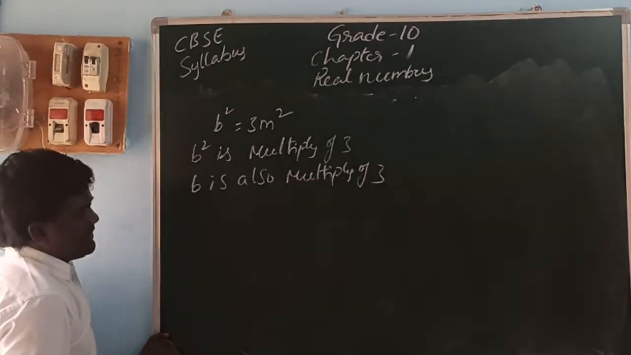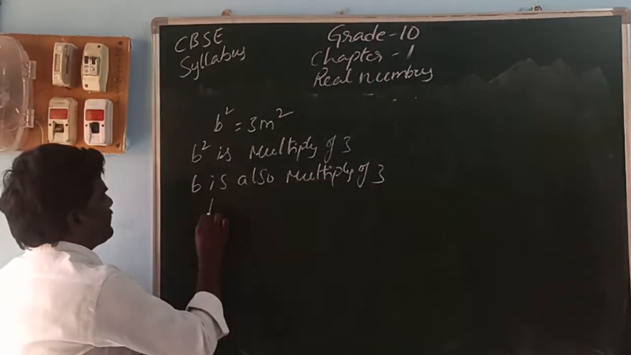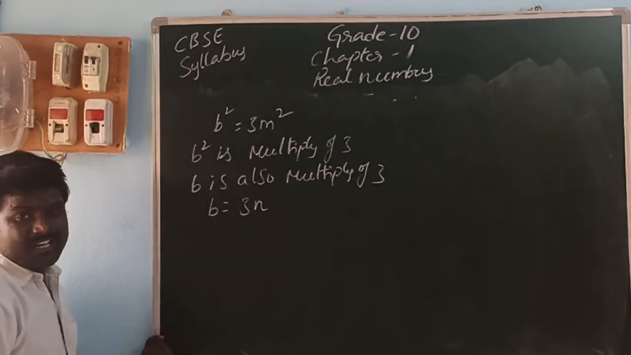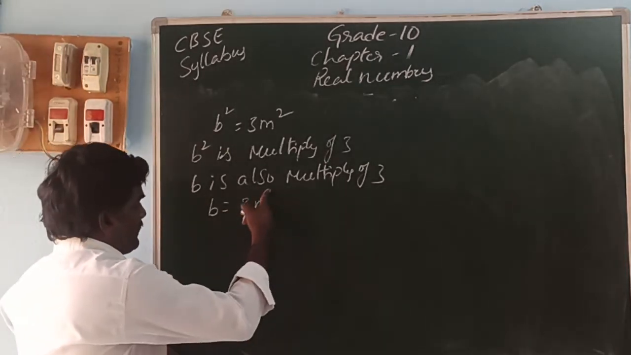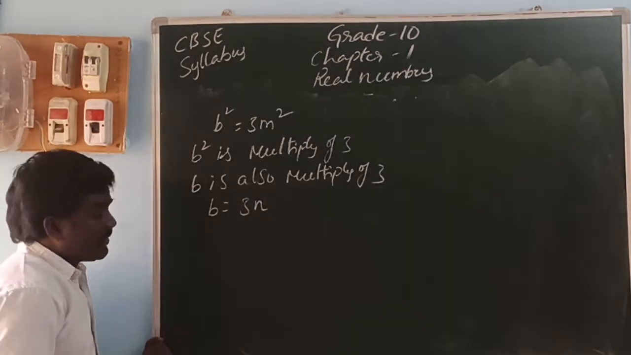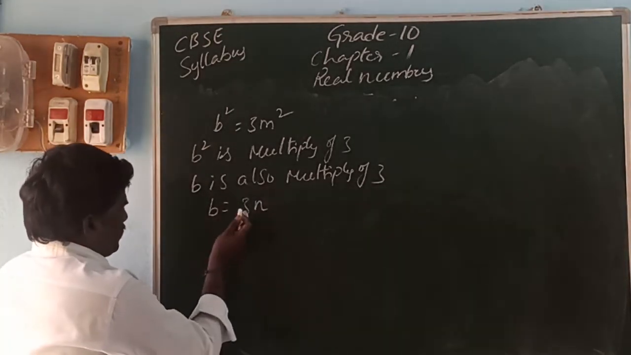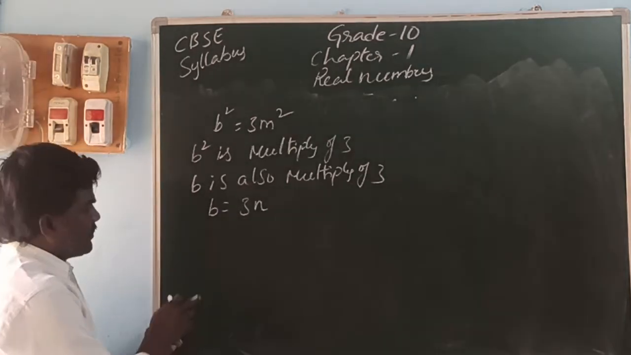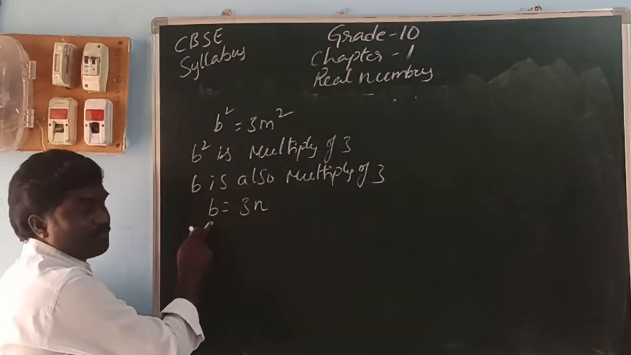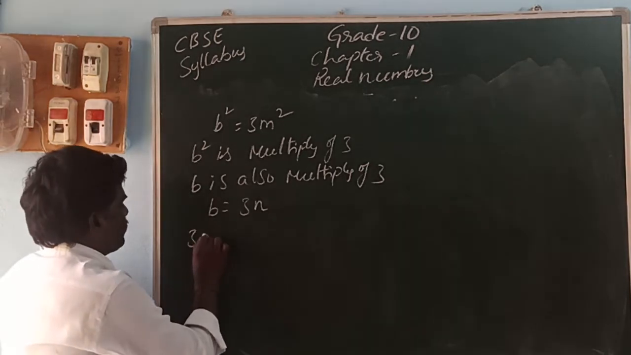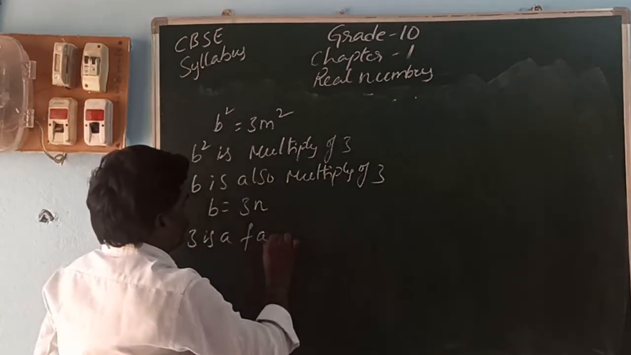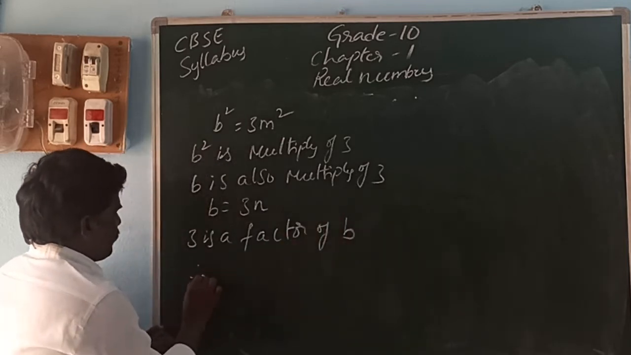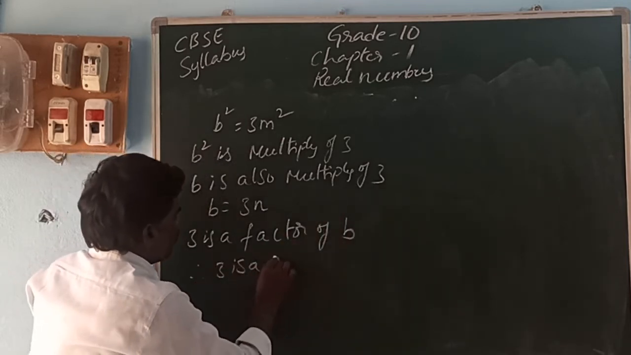So b is a multiple of 3 means b is in the form of 3n. 3n means what? 3 into n. Okay, so here n is any integer. So then b is a multiple of 3. Multiple is nothing but divisible. So 3 is a divisor of b. So 3 is a factor of b. So therefore 3 is a common factor